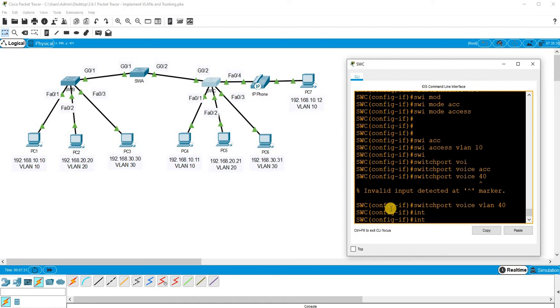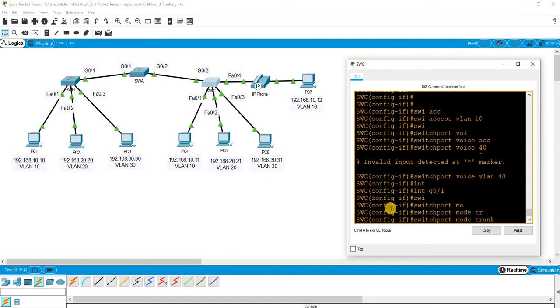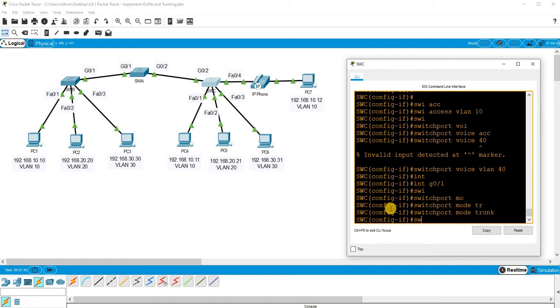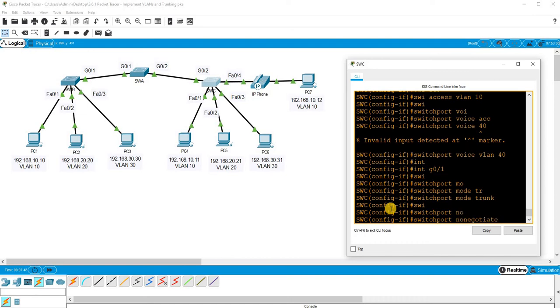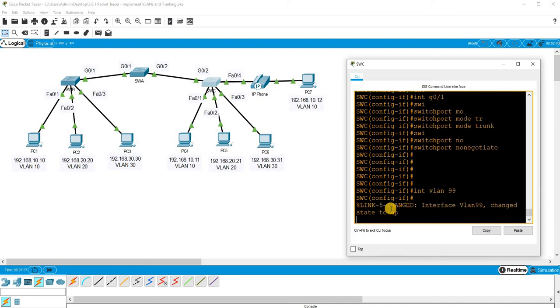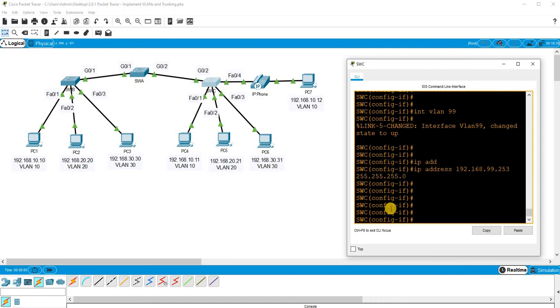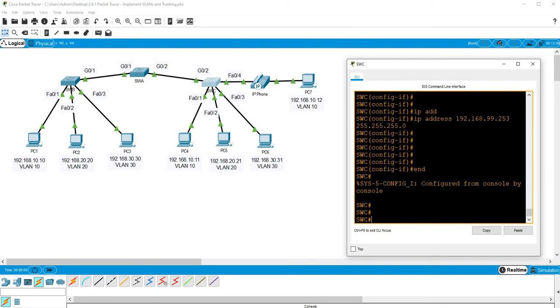So interface G0/1, switchport mode trunk, and switchport nonegotiate. Then interface VLAN 99 has an IP address of 192.168.99.253/24, and enter. Then on SWA,